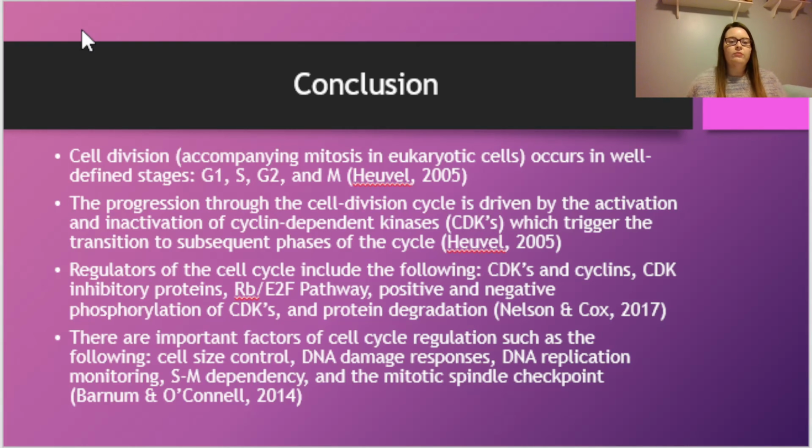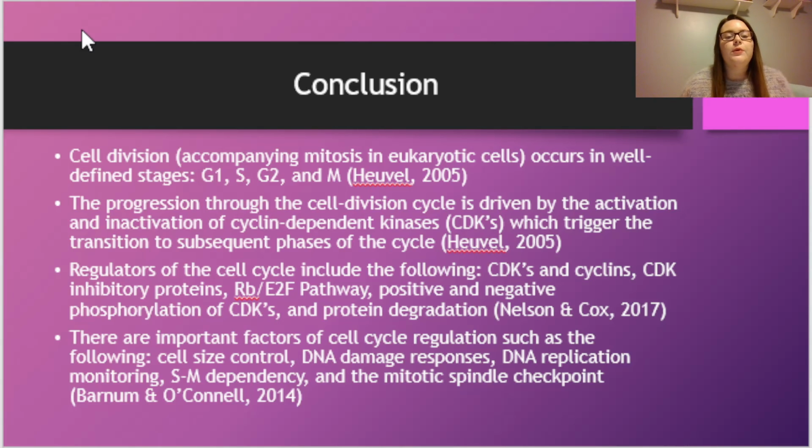Another thing we talked about was different regulators of the cell cycle, which again included those CDKs and the cyclins, the CDK inhibitory proteins, p21 being an example, the Rb-E2F pathway, the positive and negative phosphorylations of the CDKs, and then ubiquitin-mediated protein degradation. Okay, the ubiquitin system could either help synthesize the good proteins or get rid of those bad ones for the cell. And then the other part we talked about,